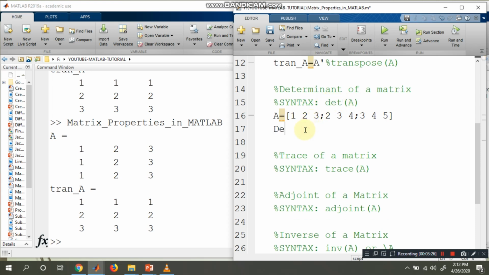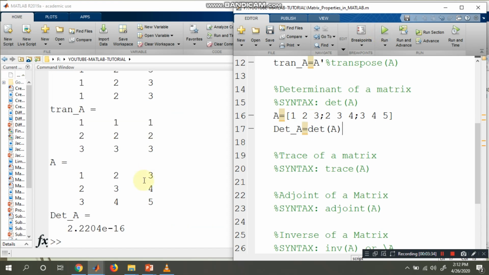So the determinant of A is equal to det of A. See here, we are getting 2.2204 times 10 to the power minus 16. That means you will get 0.00 something, a very small, negligible value for this determinant.